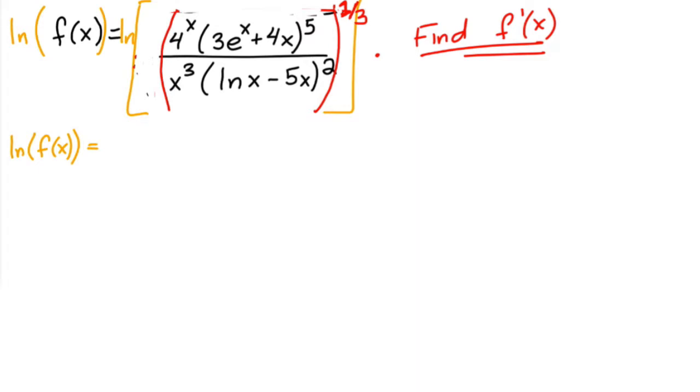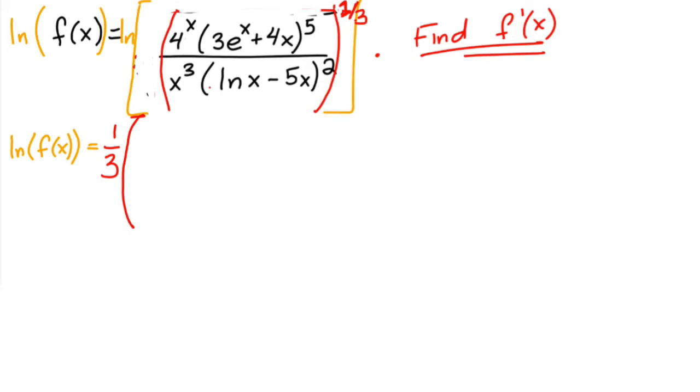Now, to break this up, remember, the exponents are going to be out in front, all of these exponents. And then the terms on the numerator are going to end up being positive, and the terms on the denominator are going to end up being negative from the laws of logarithms. So we're going to use all of them at the same time. So on the very outside, I'm going to have 1/3 times,